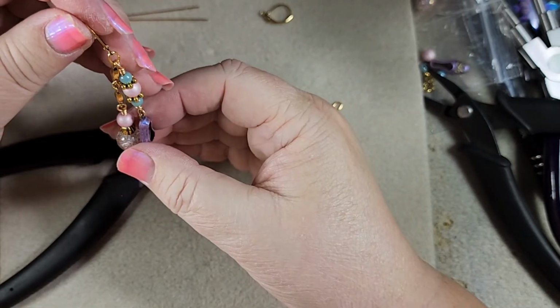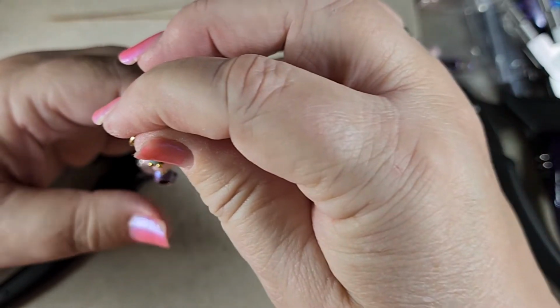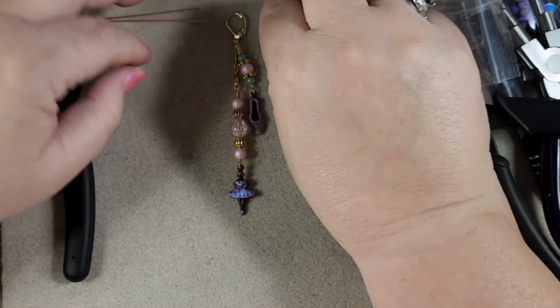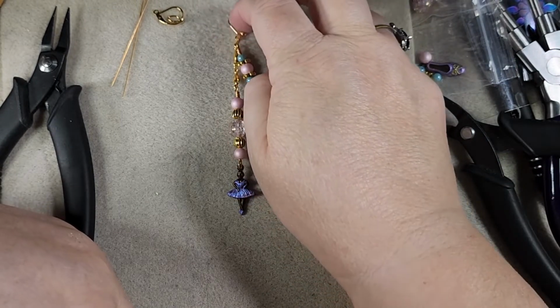Oops, I think I went the wrong way. Maybe not. There she is. So there's earring number 1, and now we need to do earring number 2. And we'll do this exactly the same way